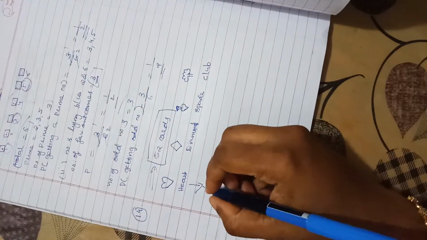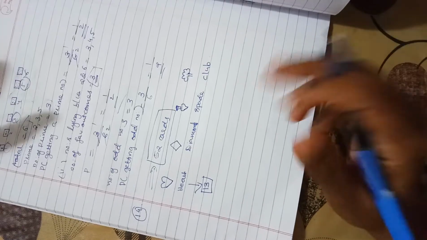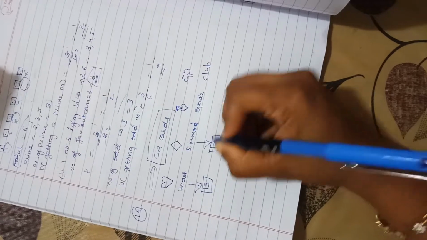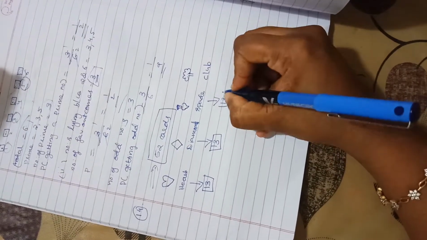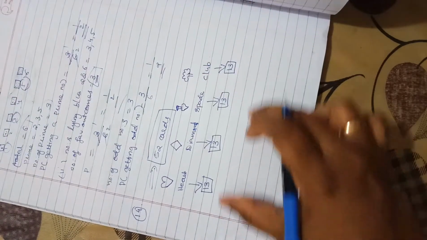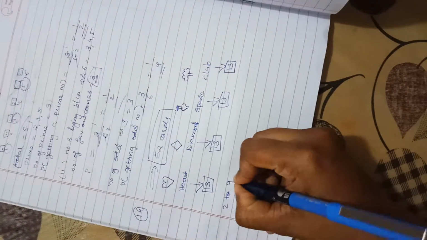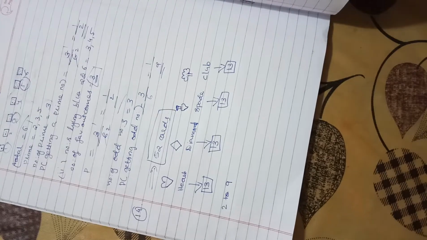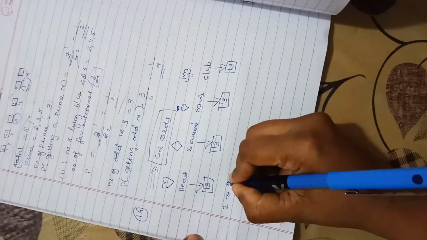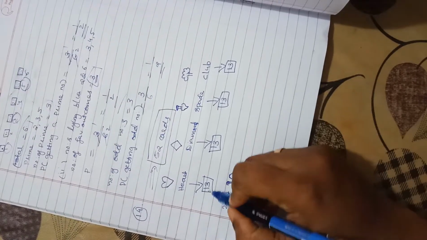Okay. So in heart, how many cards? In the heart symbol you will get 13 cards. In the diamond symbol you will get again 13 cards. Spade also 13 cards. Club also 13 cards. Again, in these 13 cards, each set has numbers 2 to 10. So in total 9 numbers are mentioned in each set of cards.